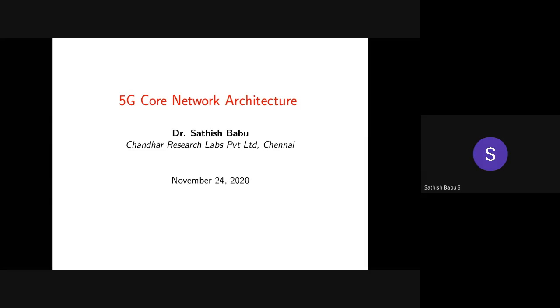Good morning all. Today we are going to have a session on 5G core network architecture. In this session we are going to see the fundamentals regarding the core network, its components and architecture in the 5G core network, and we are not going to see any advanced topics related to the core network, because the